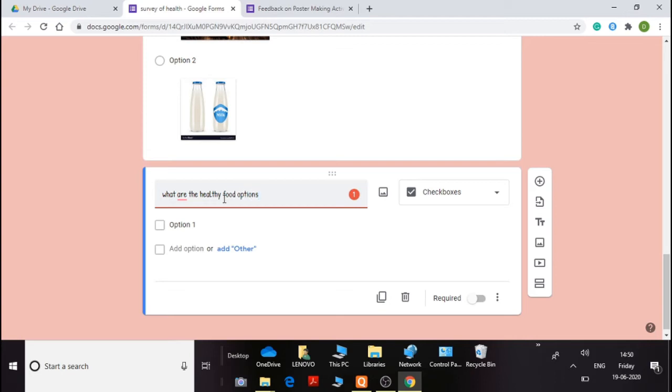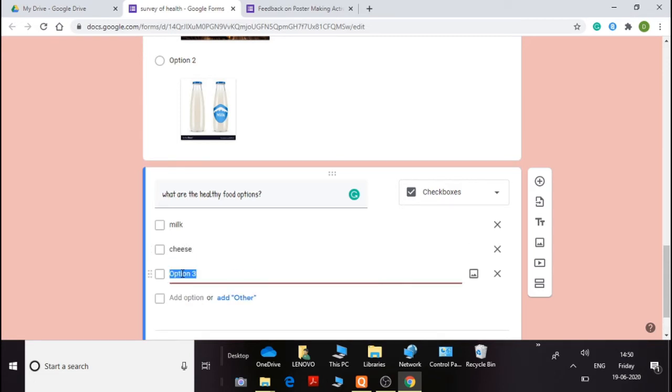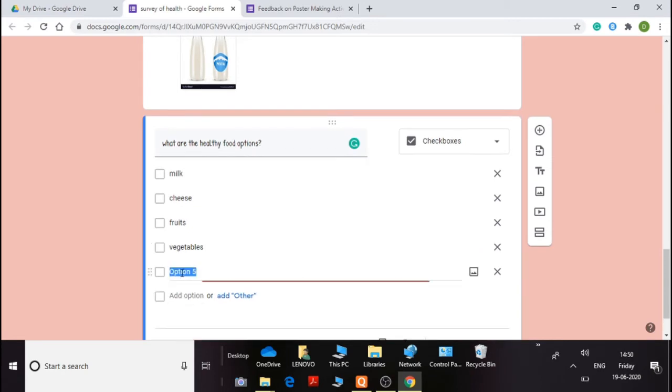I'm repeating the question, but then I'm going to give here these options like milk, cheese, fruits, vegetables, burger. Okay, so the participant can choose more than one option here.